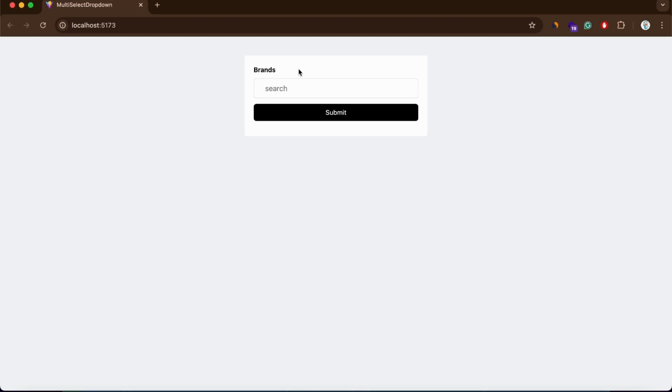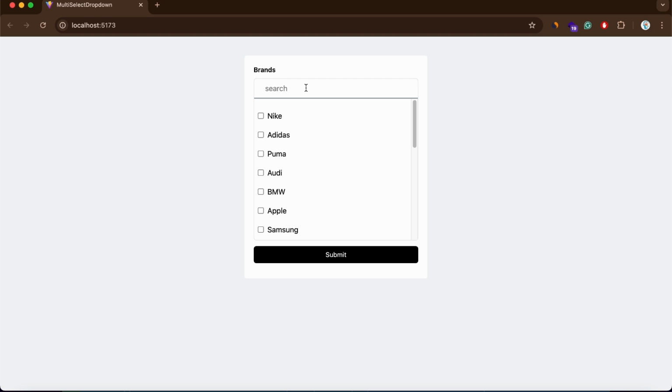Today in this video we are going to build this multi-select dropdown from scratch, and for designing this multi-select I have used Tailwind CSS. So these are the features I have added. Once you select, the dropdowns are visible when we have multiple options. We have a scroll bar, and also you can filter the options like I'll be searching for Apple